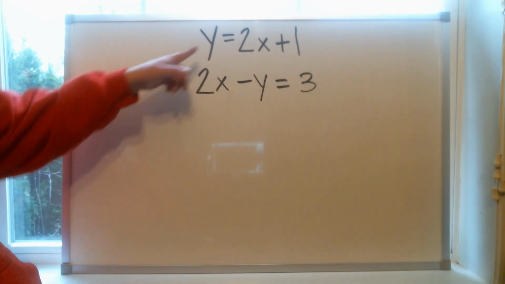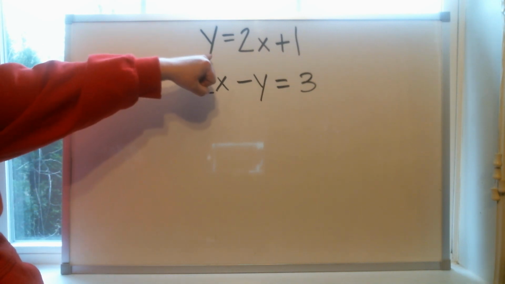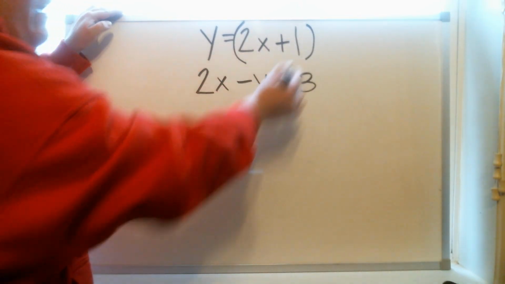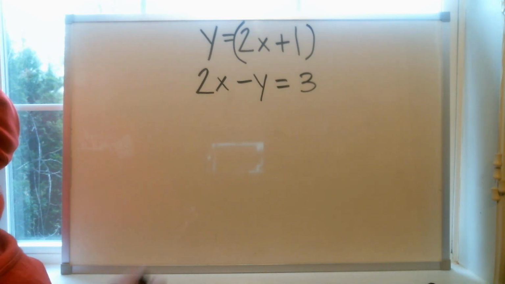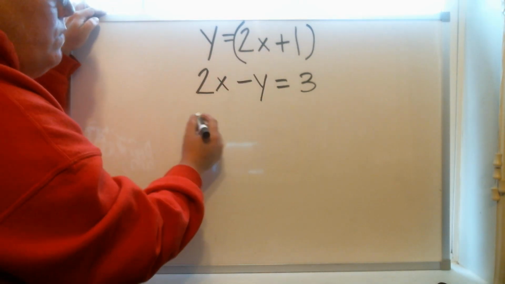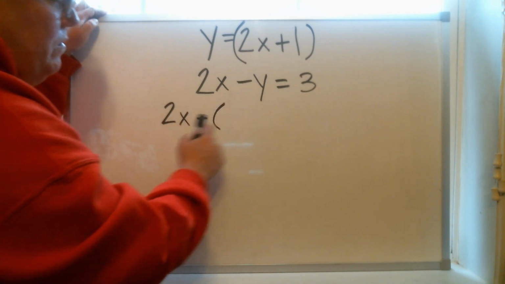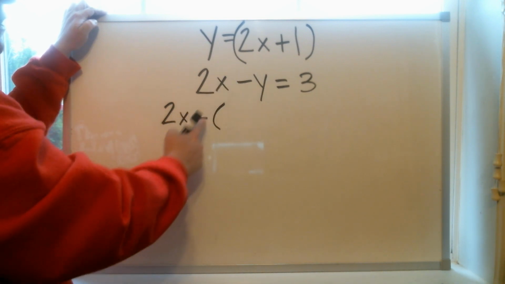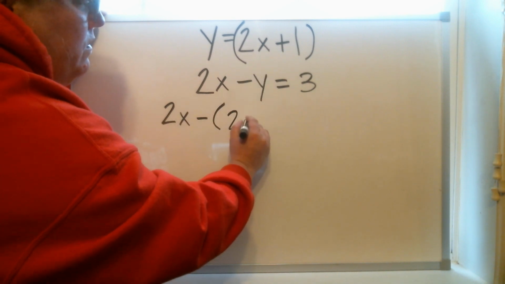And again, it's already solved. One of the equations is already solved for y for me, so I have less work to do. So I'm going to pick this one, and I'm going to use 2x plus 1 in place of y. So I'm going down into my next equation, and I'm just going to write in 2x plus 1 in place of y. So 2x minus, do not ignore this subtraction, this negative sign. It still goes there, and then everything in place of y is 2x plus 1